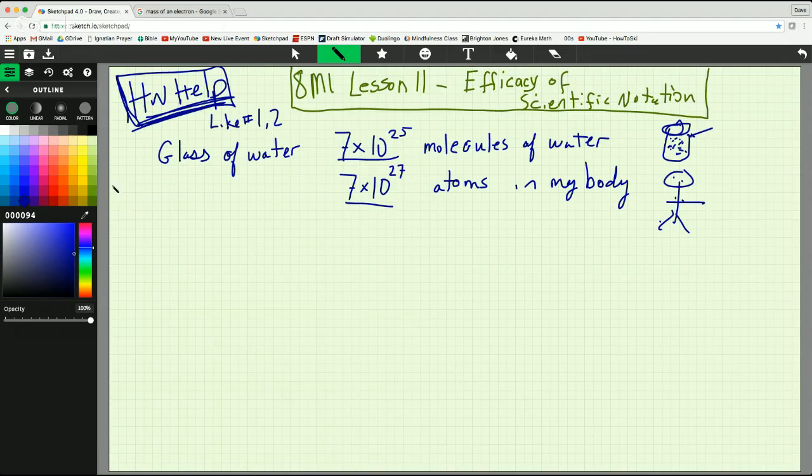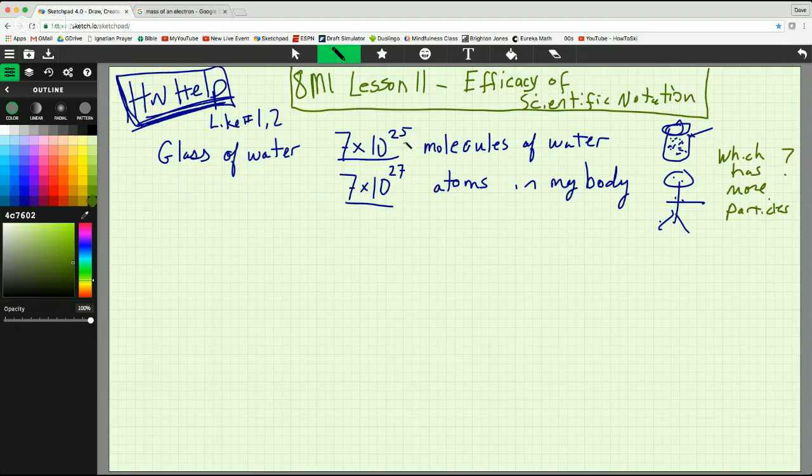So my first question is, which is bigger? Which has more particles? And atoms and molecules are both particles. So which has more particles? Well, if you think about it and pause. But the answer is, now hopefully you're back, you've thought about it, you've paused the video, you've thought about which